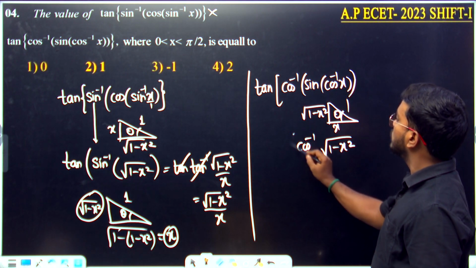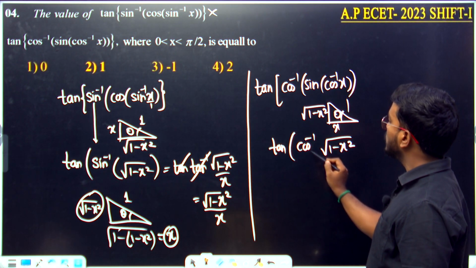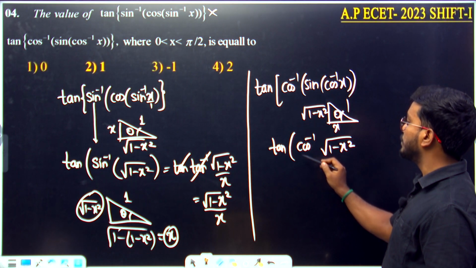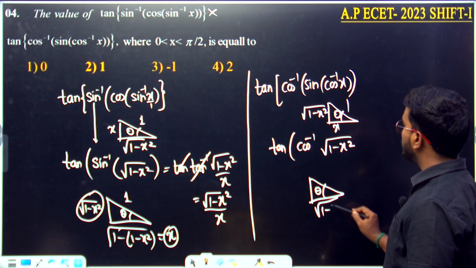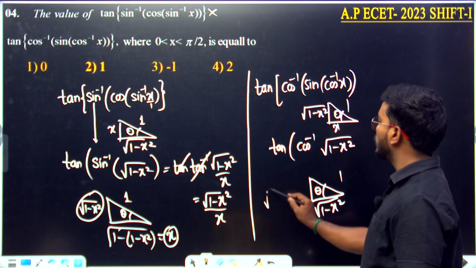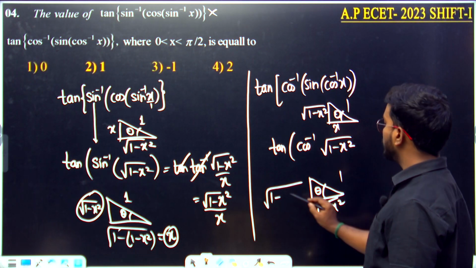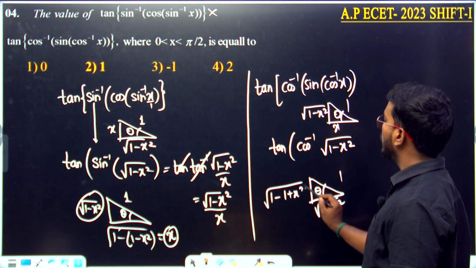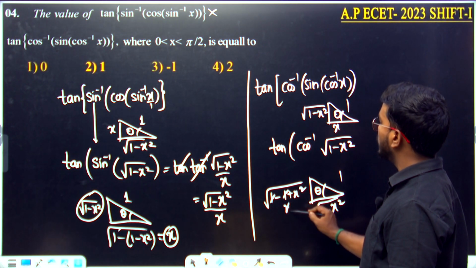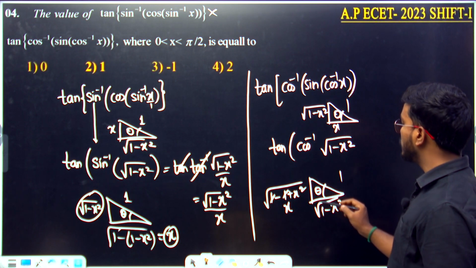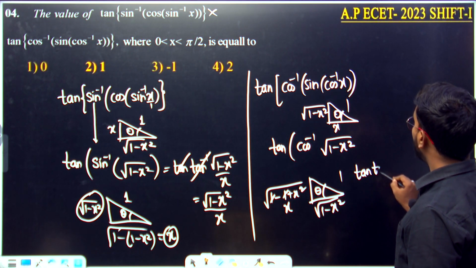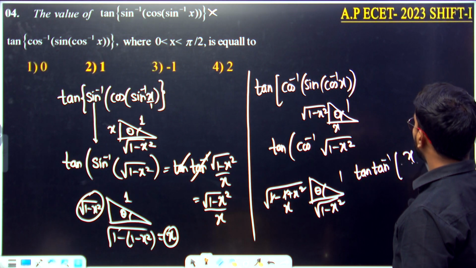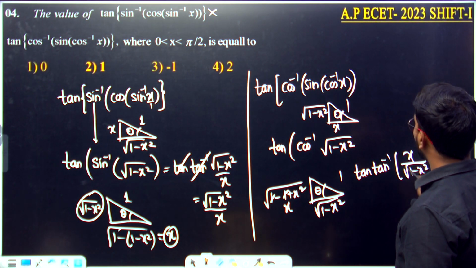Outside we have cos inverse, then we have tan. This cos inverse needs to be converted into the form of tan inverse. So draw the triangle one more time. Cos inverse is adjacent, this one is hypotenuse, this is going to become root of 1 minus x square. Root of x square is x. We require tan inverse of opposite by adjacent. So it is going to be written as tan inverse of opposite by adjacent, root of 1 minus x square by x. So those both get cancelled.